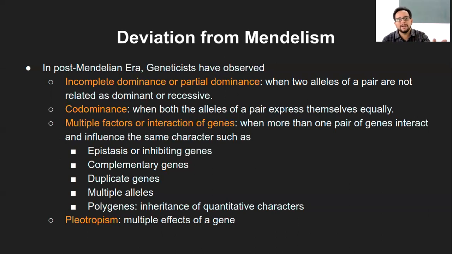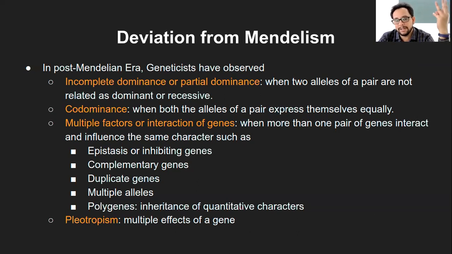So that is incomplete dominance. Or it is also called partial dominance, because the dominant trait is not completely exhibited. Genes are fine, genotypes are same, but the expression is not complete, and that is why it is incomplete dominance. Then codominance, when both the alleles are expressing themselves equally, right? Now one phenomenon that we have seen regularly in Mendel's experiment was complete dominance. Then second was incomplete dominance.